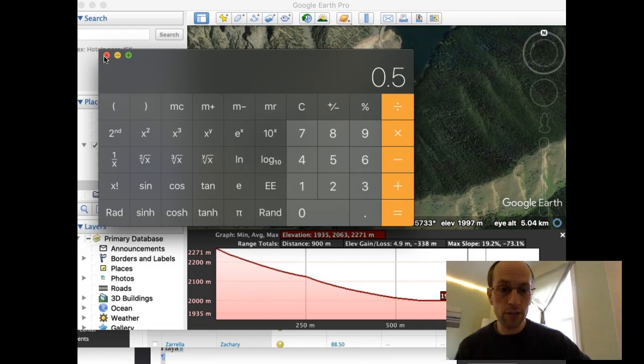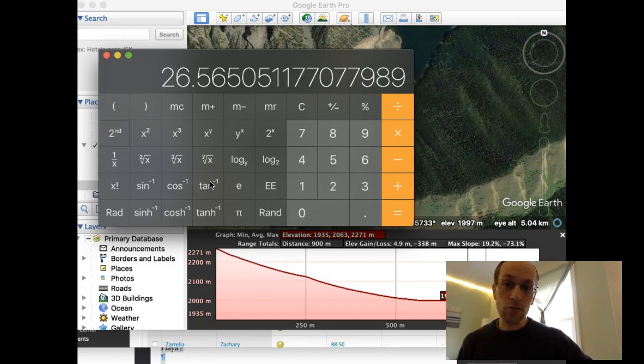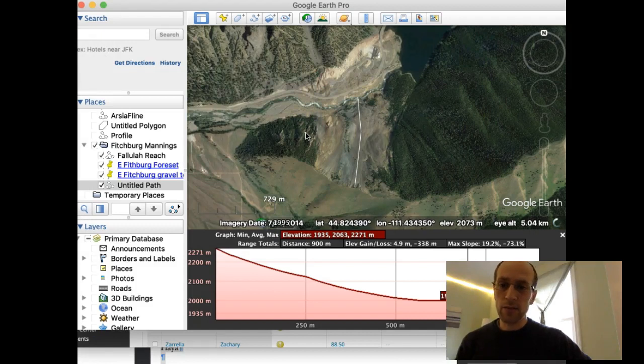You're usually used to seeing slopes in degrees, I'm sure, and you could make use of some trigonometry to do that. The rise over the run is equivalent to the tangent of the angle. So you need to do an inverse tangent in order to figure out what the angle of this slope is. So I took the rise over the run. If I take the inverse tangent of that, it will tell me the slope in degrees, which is in this case about 26.5. Okay, so you can do it in degrees or you can just write it as a percent. Okay, so I did this first one for you,